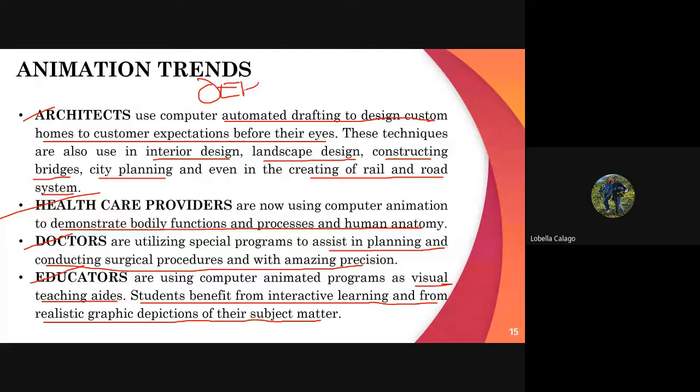It's a simulation where OER stands for Open Educational Resources, wherein teachers can teach the students. For example, online lang, walang face-to-face. Gusto niya ipakita, i-demonstrate yung mga science. Kasi may mga science daw dito wherein pinapakita niya, for example, pag maliit yung pH, kung ano yung mangyayari, pag malaki yung pH. May mga chemicals po, pag mali yung pag-combine,